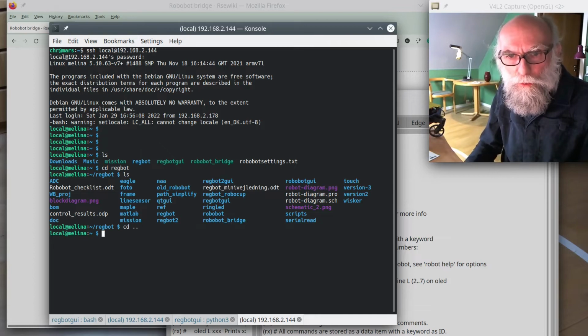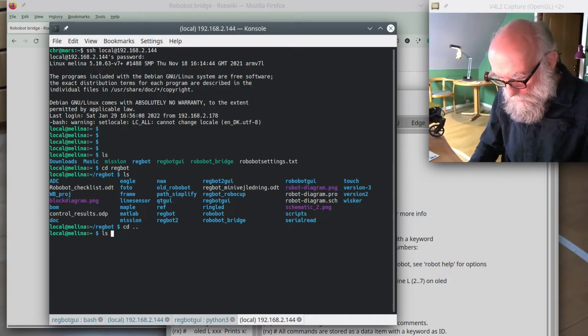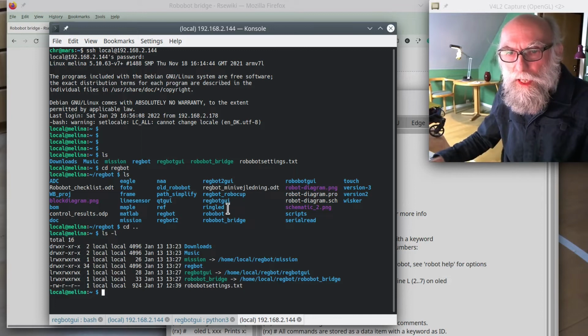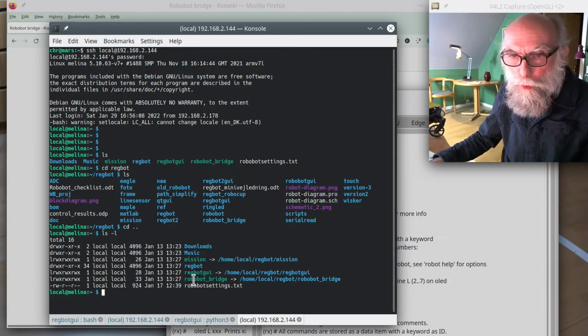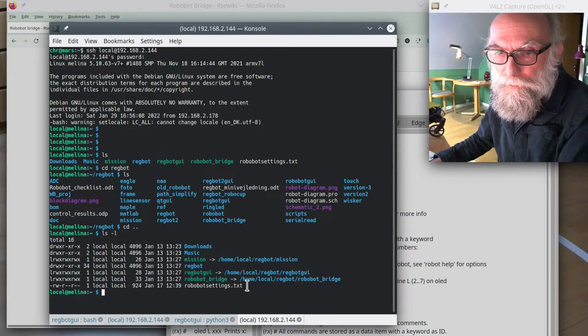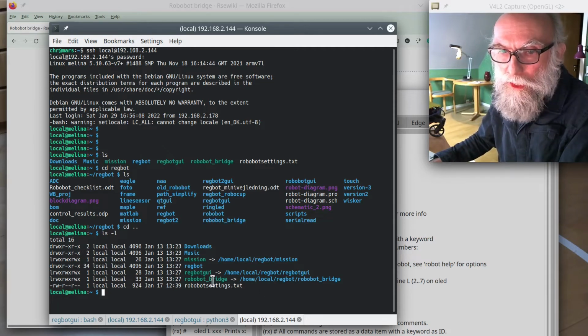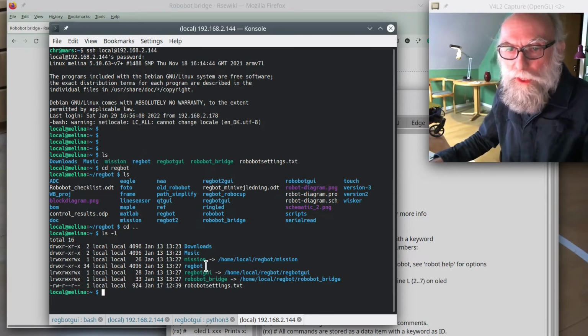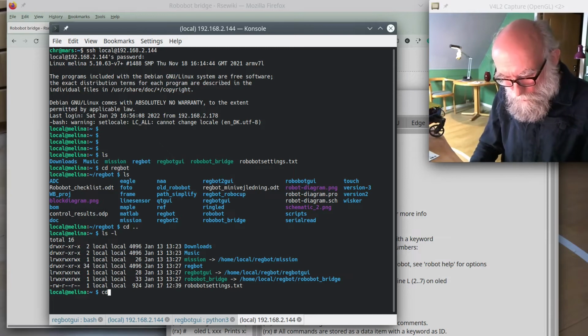So we'll go back a little bit and say ls -l, and this is the directories, and we had this Robobot Bridge, and you can see here it's actually a pointer, a symbolic link, to exactly this directory in this Regbot Bridge. So instead of going in here, we can just use the other one. And the same with Mission, so that's also in there. We will have a look, go to the Mission,